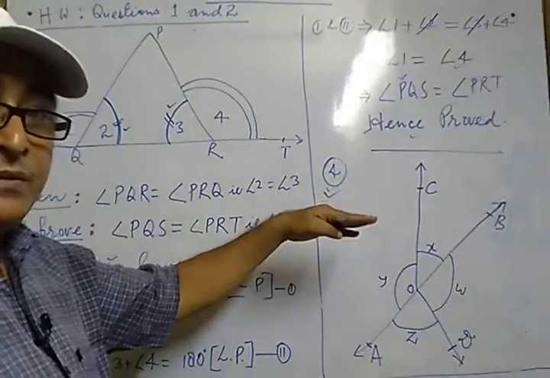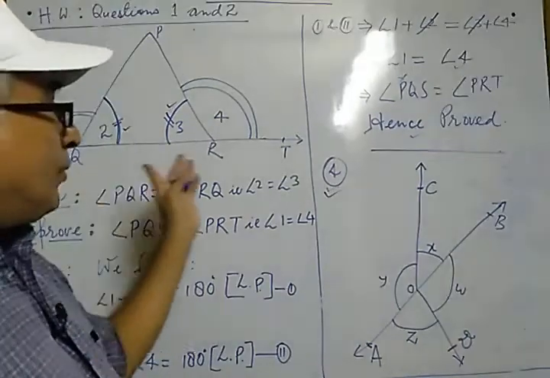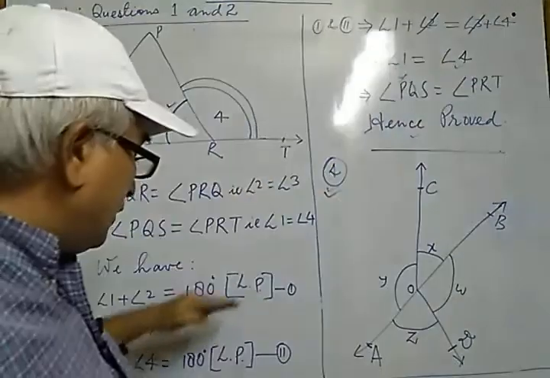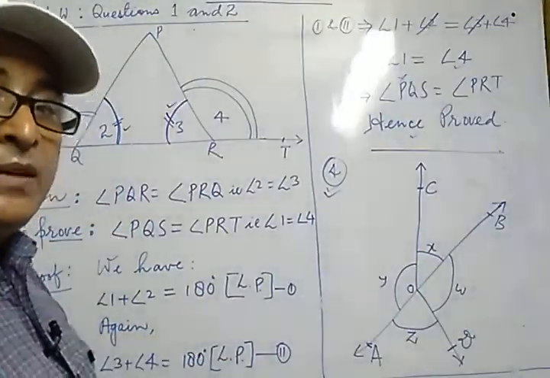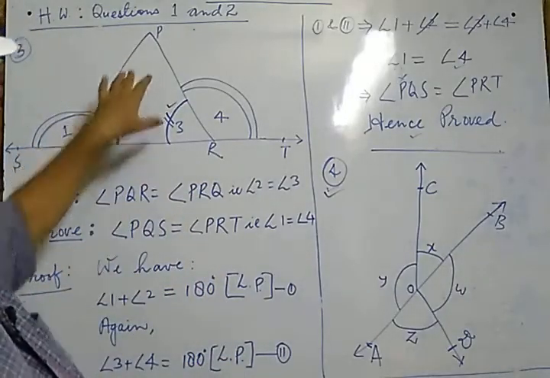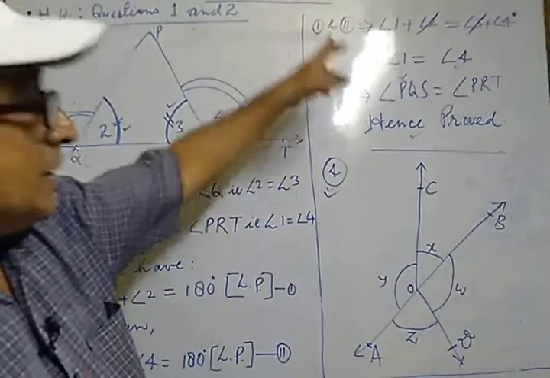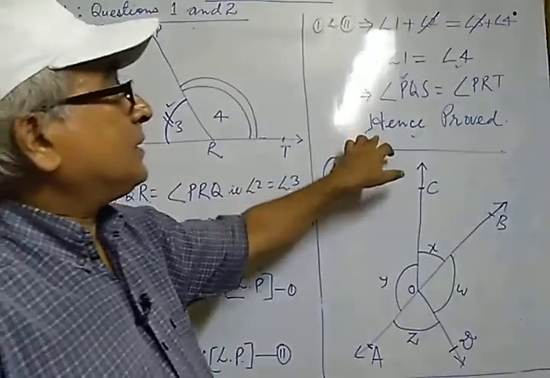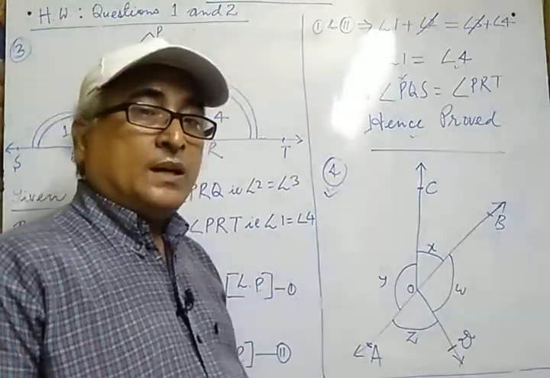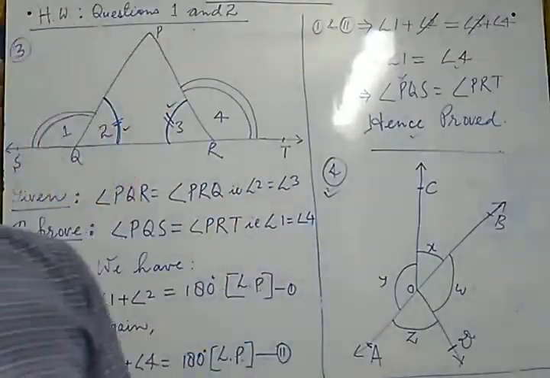Don't go to the second half since space is not there. That's why I have drawn a line and divided the whiteboard into 2 parts, and the half portion is written there, but in your copy it will be just below this step. So you will try to keep in your mind systematically. You have to note down firstly a figure, then what is given, then to prove, then proof. Afterward, we will continue the steps, and at last hence proved. Now question number 4. This is the figure of question number 4, and we will start question number 4. So firstly, try to note down this. Time is given.